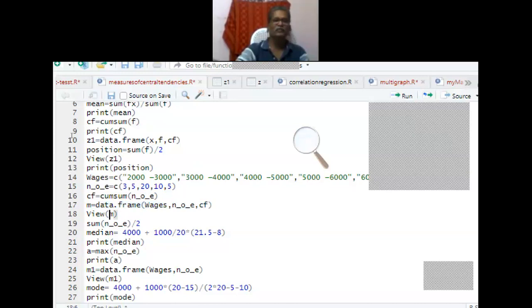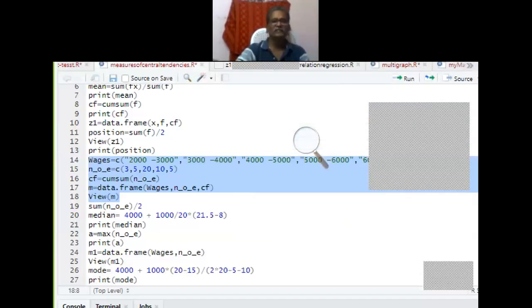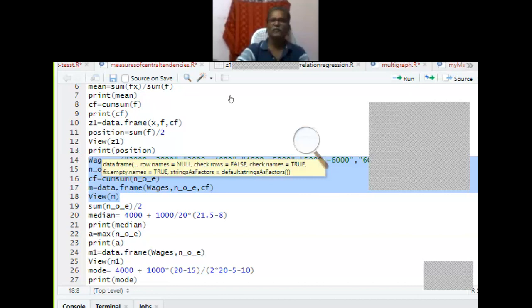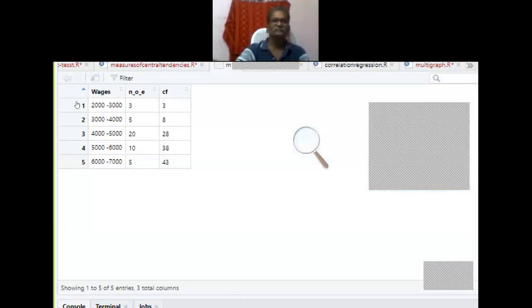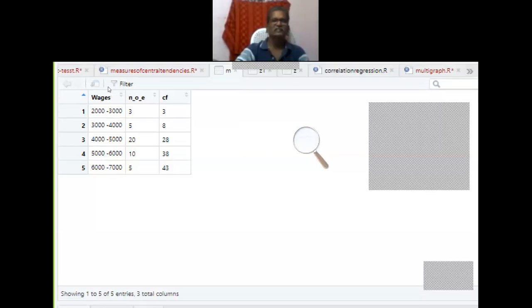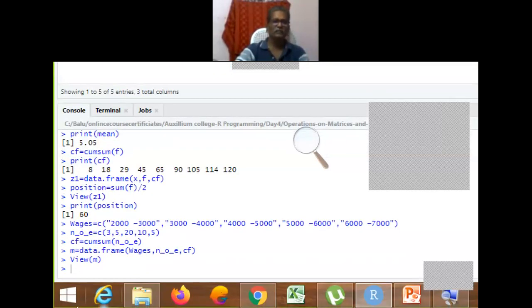And so the data can be viewed, let me run these 5 commands. The first command is defining wages. The second one is number of employees, then cumulative frequency, then the corresponding data set I'm going to view now. Once I run this, see the wages column, number of employees, and cumulative frequency. Okay. So 3 columns are generated as a data set. Can you able to see? Whatever we execute in the console window, you can see the executing commands.